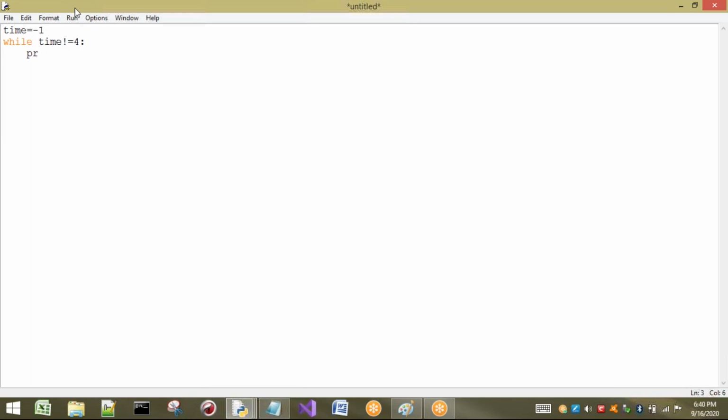First I will ask for input. Enter some time equal to input of, enter the time, for example. So what happens if the time is not equal to 4? Then I have to work.